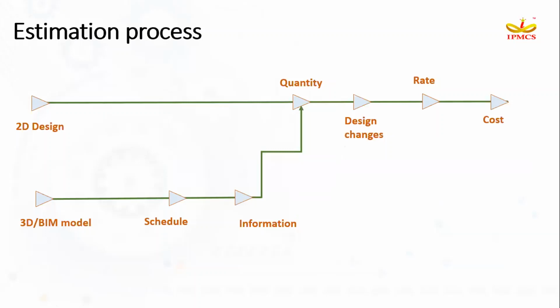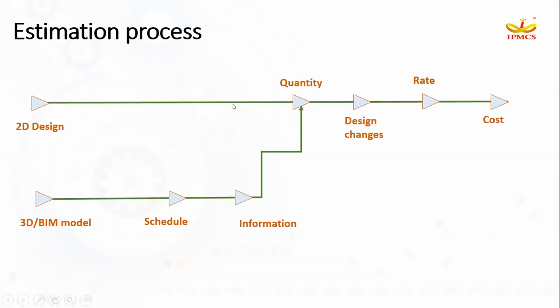So I was explaining about streamlining the estimation process. Let's take working with the 2D design or with the BIM model. With the 2D design, after importing it, you can directly do your quantity takeoff from the 2D drawing. When your design is getting updated, you can track your revisions with the auto revision facility, prepare your rate analysis in Costex, and finally arrive at your project cost. This is what streamlining your project estimation means, right from your design till your cost calculation.